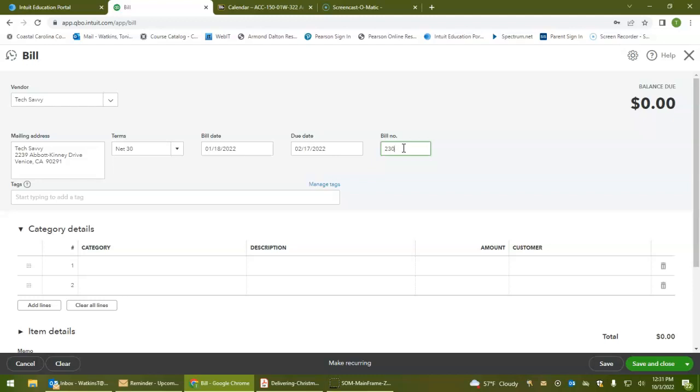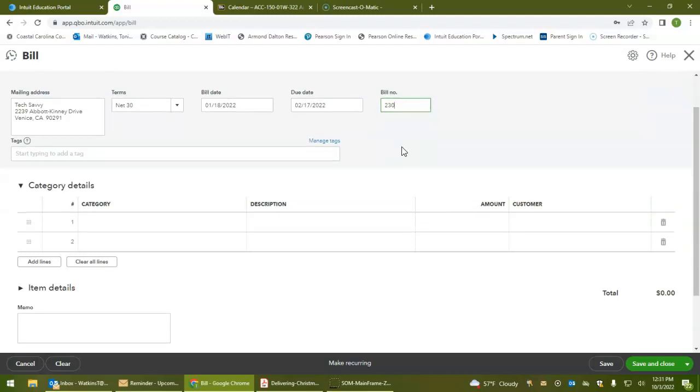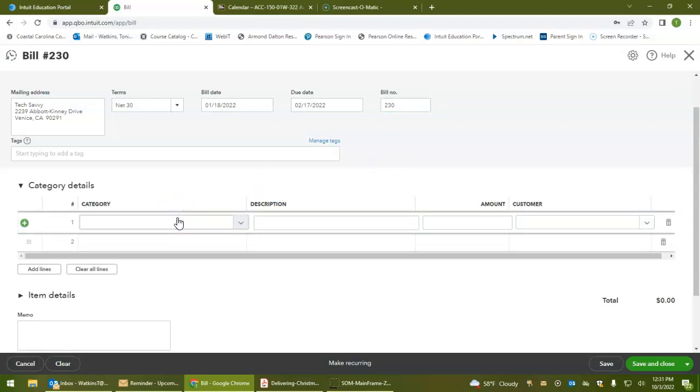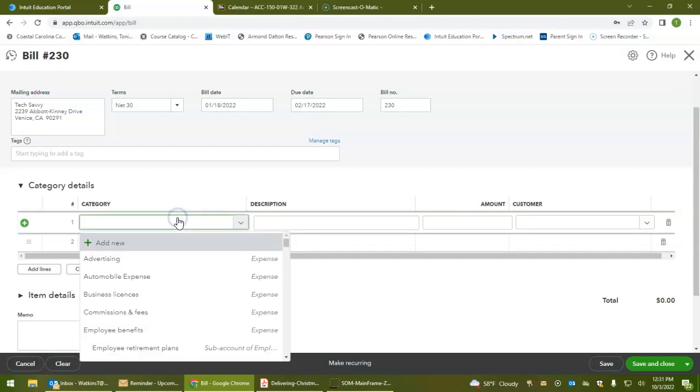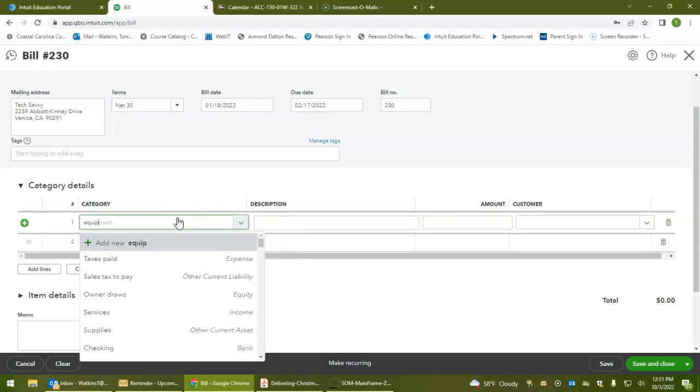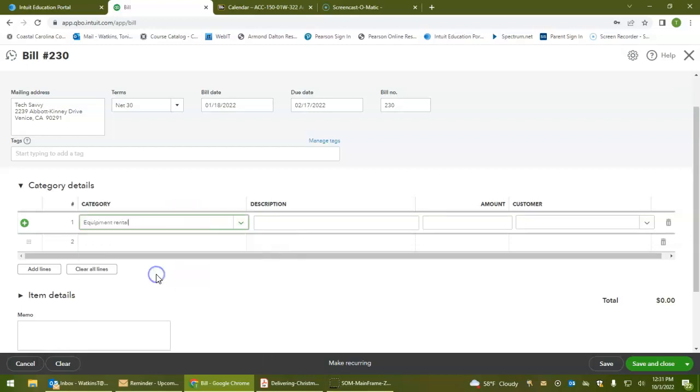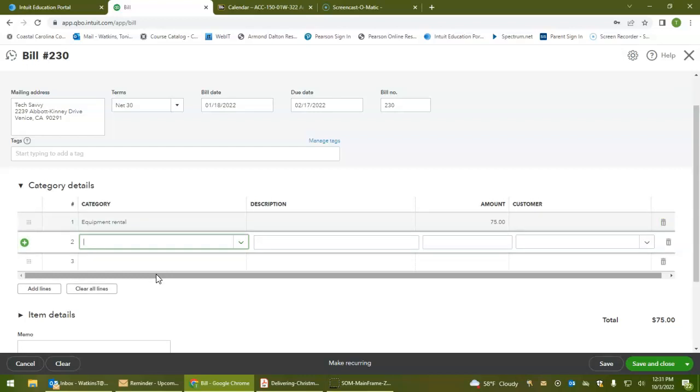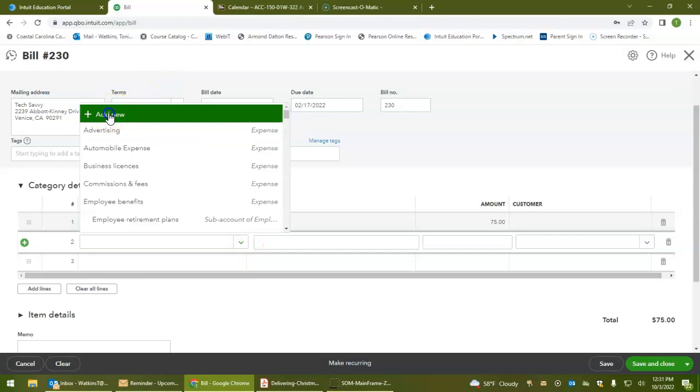So bill memo, it gives you the memo and it tells us to add a new expense account, computer repair. So let's put in the $75 first for the equipment rental. Equipment rental, and that amount $75. And now we're going to add that new account, computer repair. So add new,